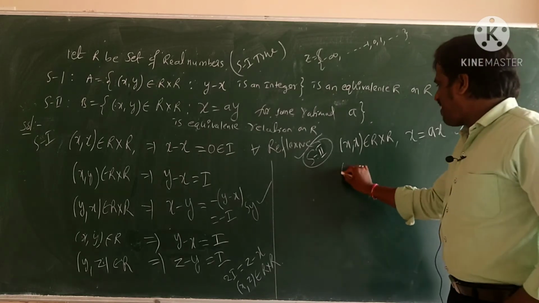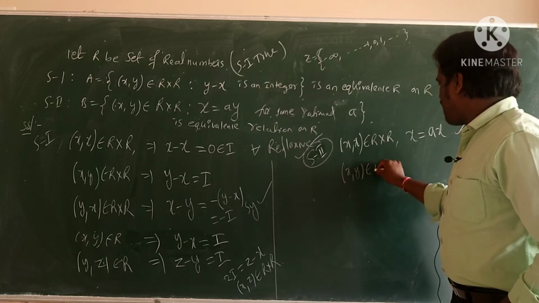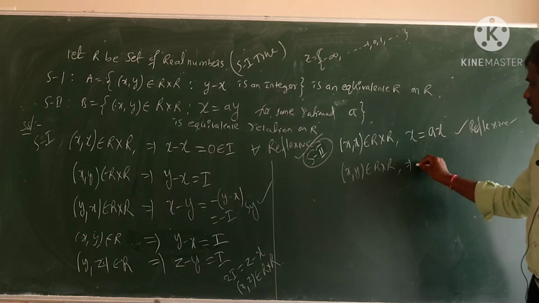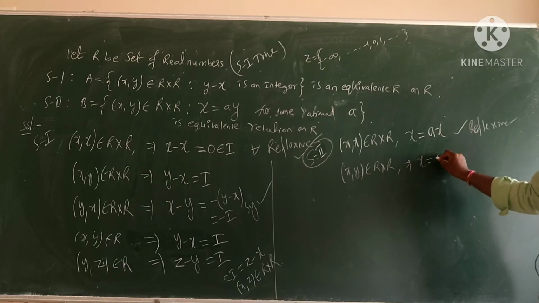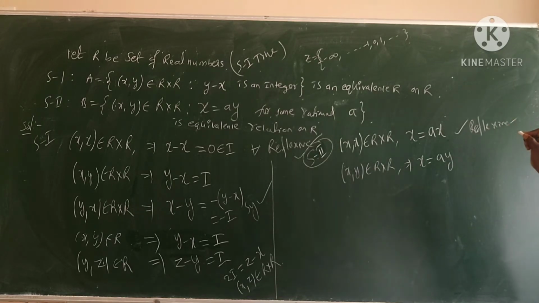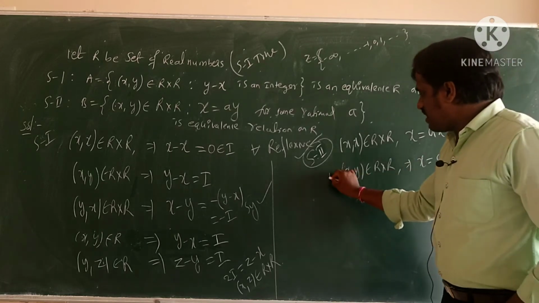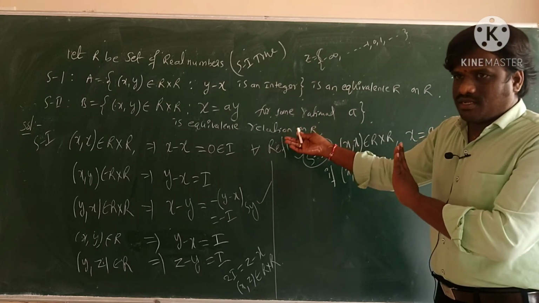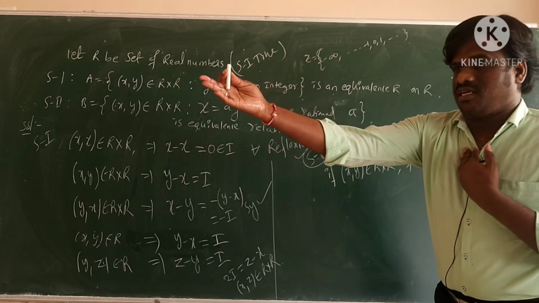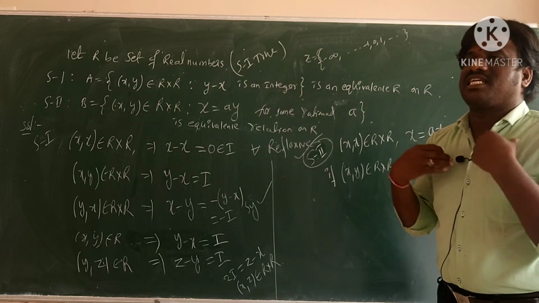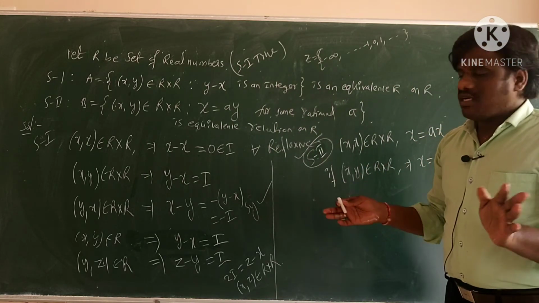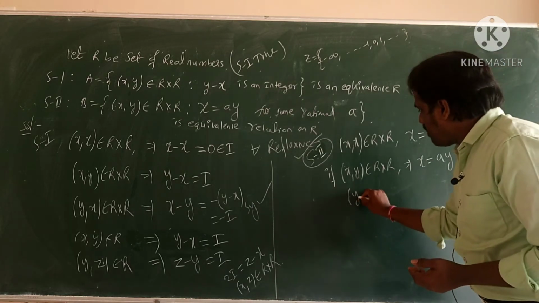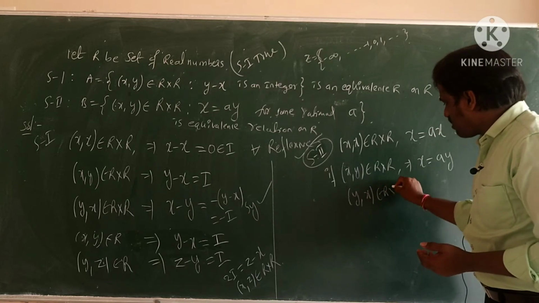Now (x, y) belongs to R cross R. Then what can I write here? x is equal to ay. If this happens, then the reverse should also happen. If I say 1 plus 2 is 3, then 2 plus 1 is also 3, then I can say it is symmetric. Same way, (x, y) gives x is equal to ay, and if I take (y, x) belonging to R cross R,